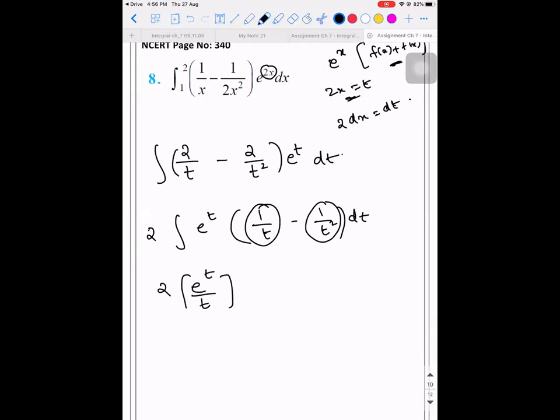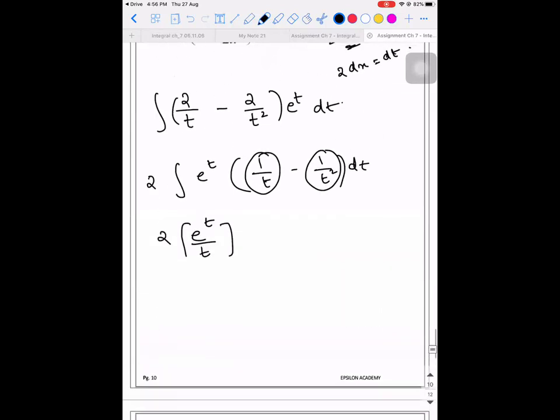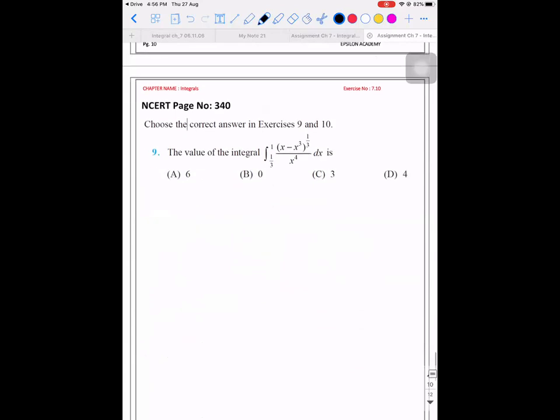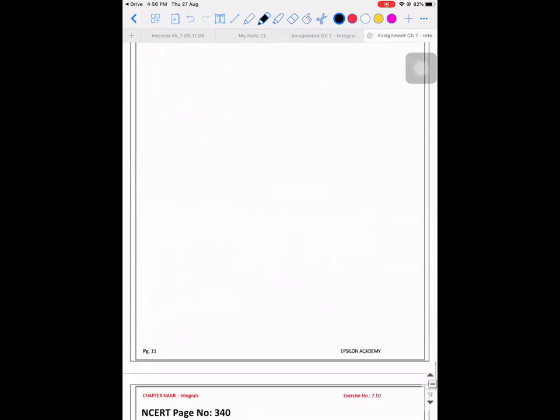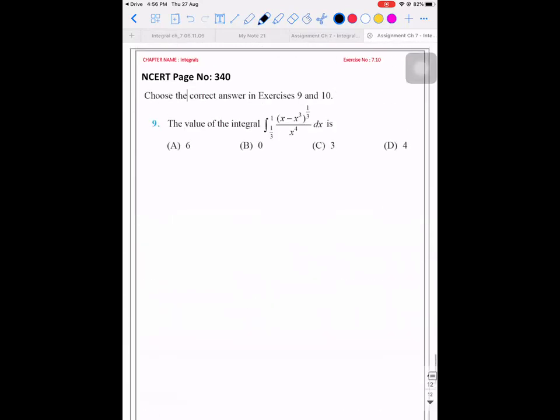Anyways, I'll be sharing the sheet, right? You can go through it. I hope it's clear, right? Yes, sir. So the reason I had to take 2x is equal to t is because I need only x for the formula to be applied. The coefficient should be 1. So the remaining 2 we will see in the next class. If you guys can solve it, good, or else we'll see it in the next class and then we'll start the 11th exercise.